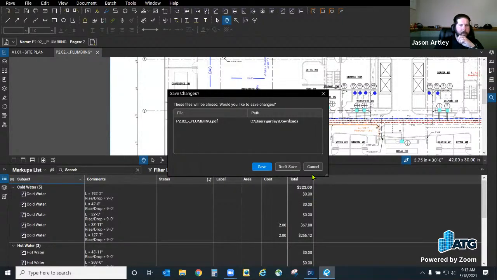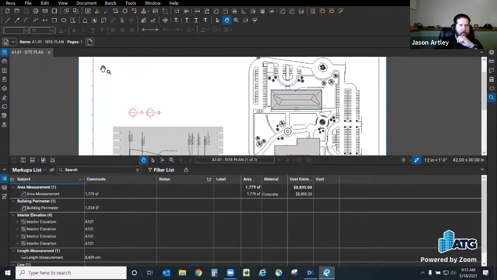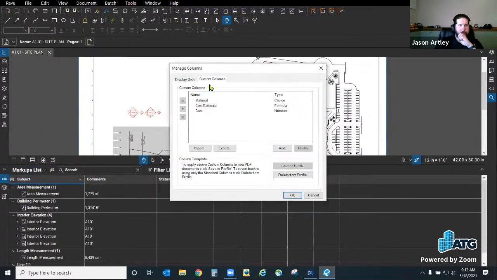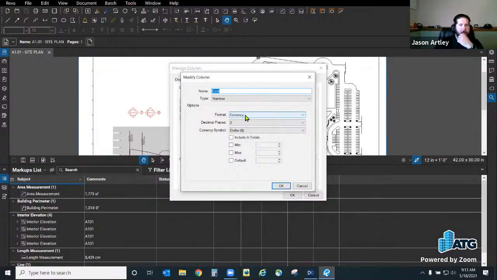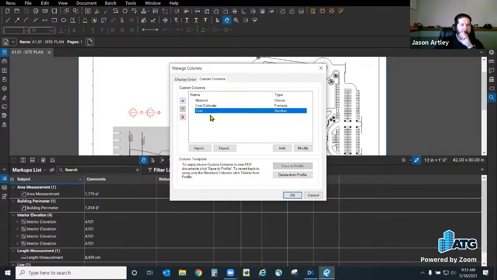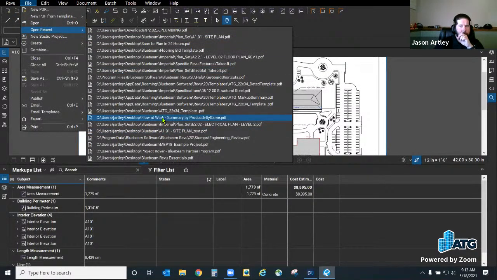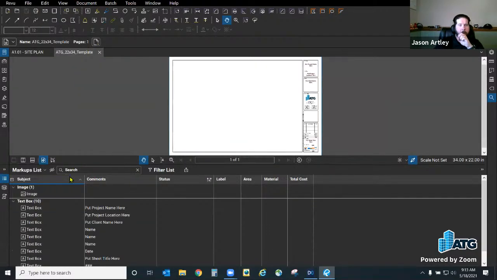If I close this and go back to my other one, I also have a cost here. If I go to my columns, manage columns, custom columns, cost, modify, there's my currency. So this is saved to my profile. I have a cost one that's added to my profile. So regardless of what PDF file I'm in, I'm going to always see that. However, since Michael's was going through and